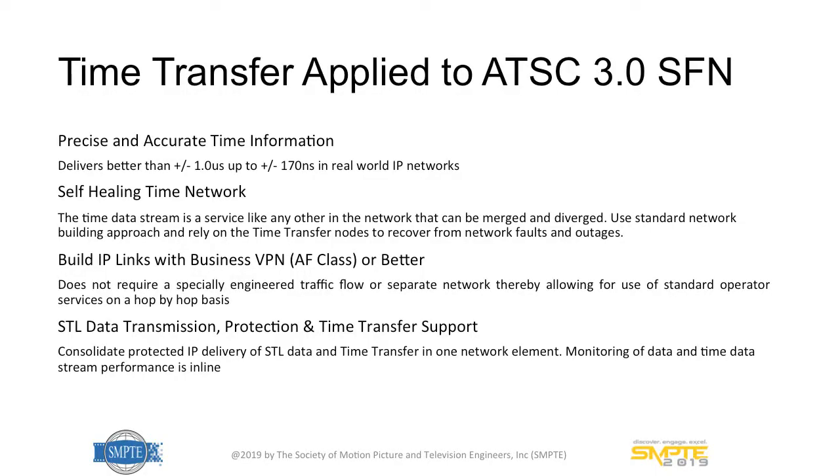An important aspect is that we can also use the meshing network. Typically, you build a rather complex network, and for the core part, you will have multiple paths. And these are really good because we can provide self-healing if there is a break or something. We can also use it for diagnostics. We can build that on standard business VPN. We used the AF42 class, for instance, in the test case that you will soon see. And we then transport the STL data through it as well. And we have different ways of doing that.